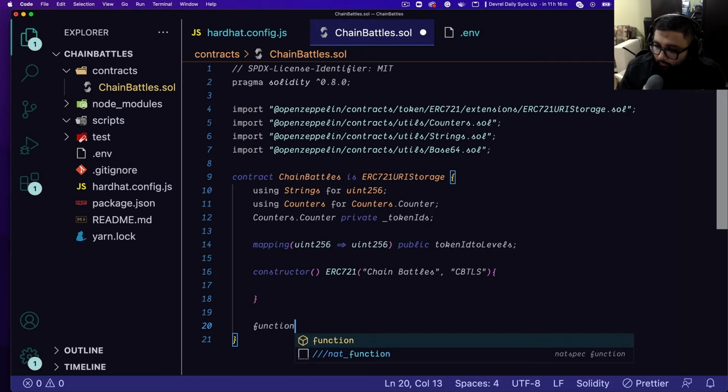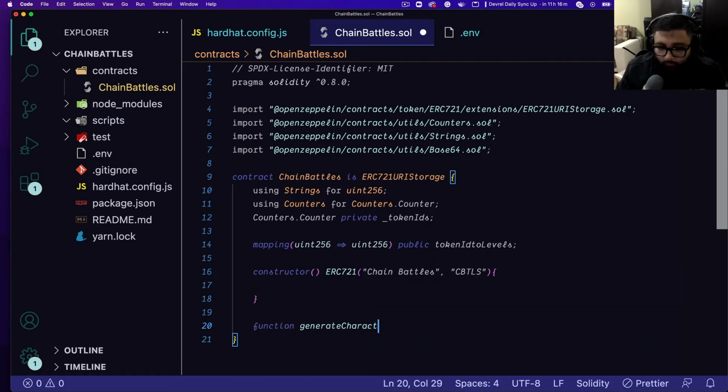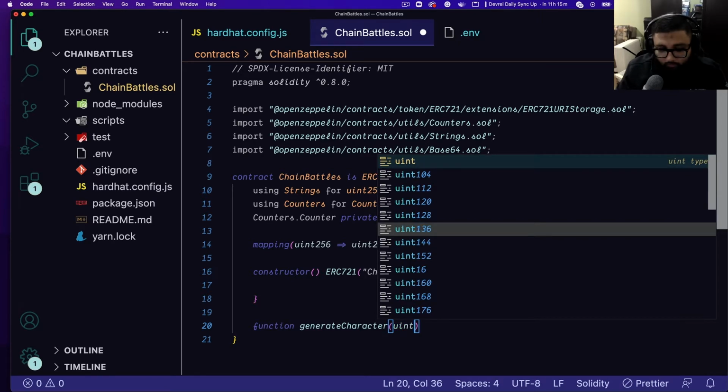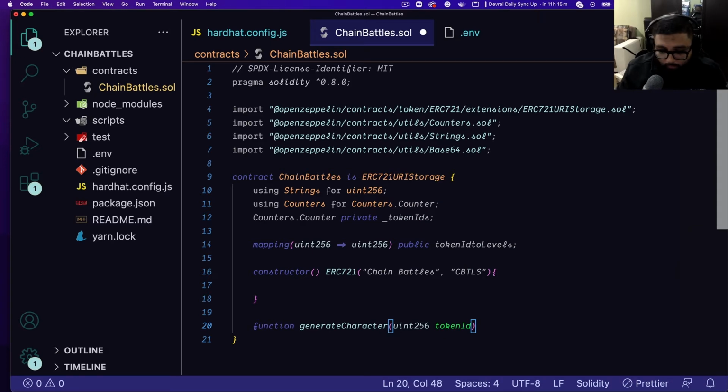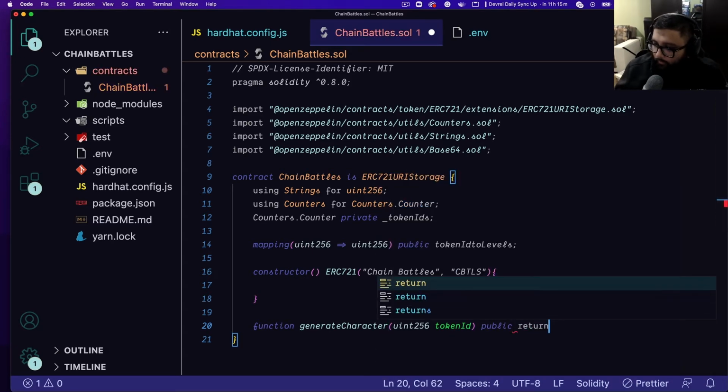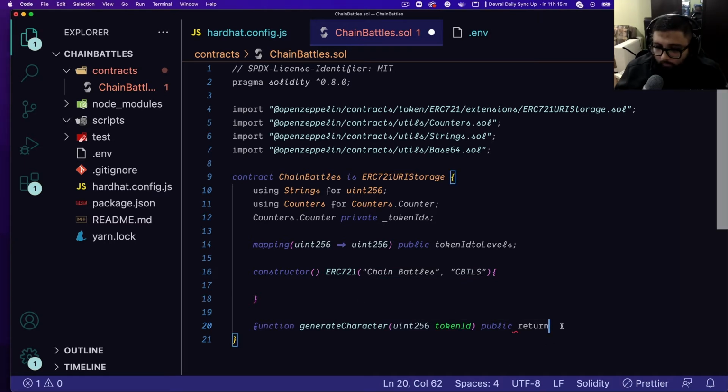I'm going to call this function generateCharacter, which is going to generate our character NFT. It's going to take an unsigned integer, which will be our token ID. It's going to be public, and it's going to return a string in memory, which means we don't want to save the string anywhere. Solidity is just going to remember this string for the duration of this